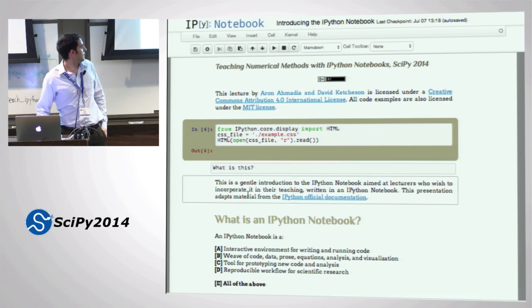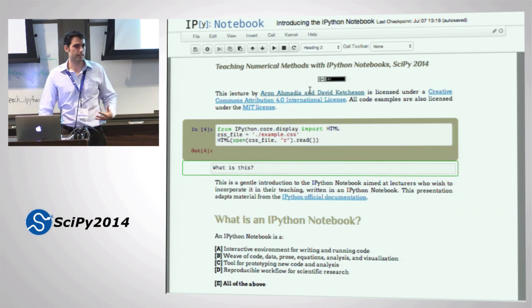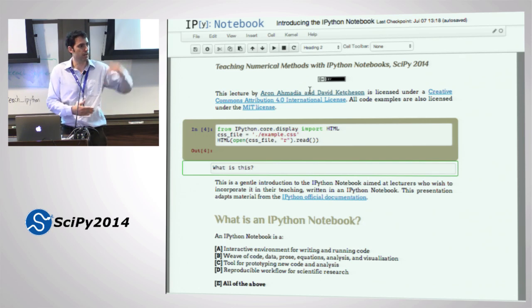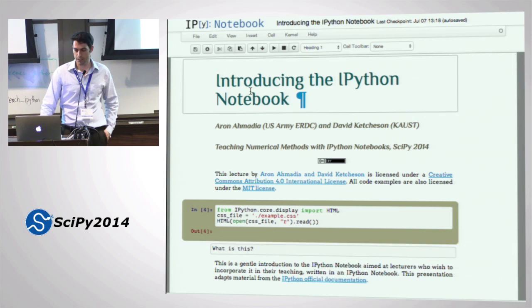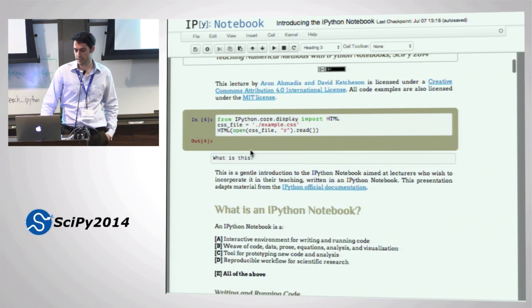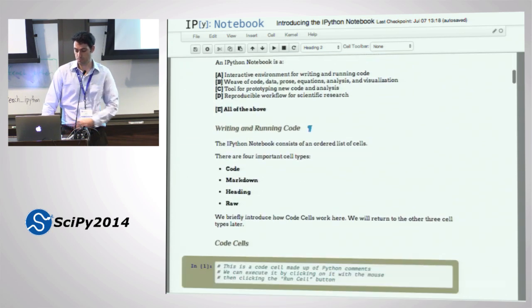And I accidentally double-clicked this. I'll undo that later. But this just means that when this cell is viewed by the IPython notebook, it's going to present it as an H2 element in HTML. Just like in Word, you have heading 1, heading 2, heading 3, heading 4. In HTML, you have H1, H2, H3, H4. It's the same thing. It's just a way to describe the structure of your document. And so the title of this is H1, right? Introducing the IPython notebook. These cells are H3, and then each of these sections are H2.